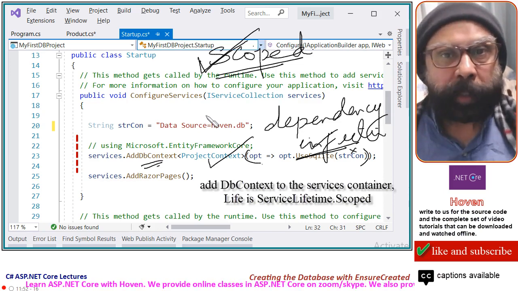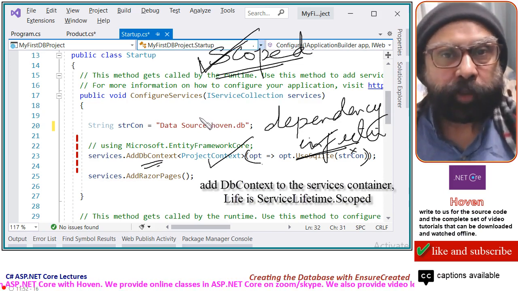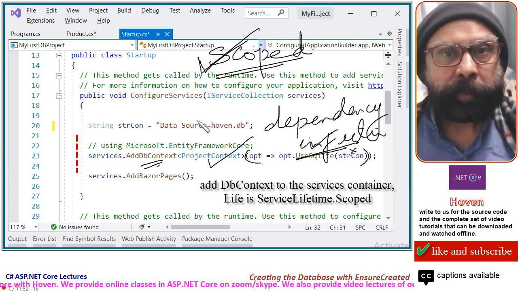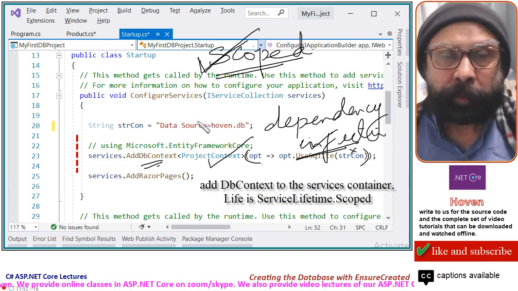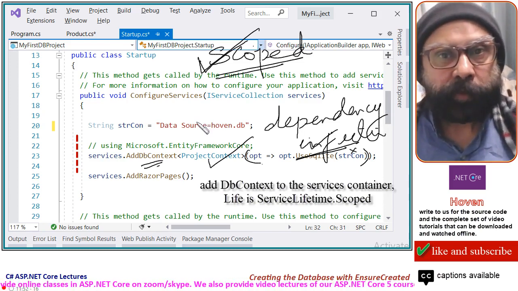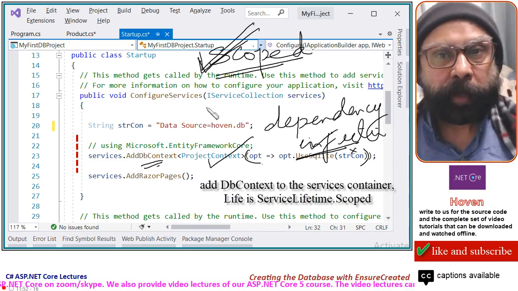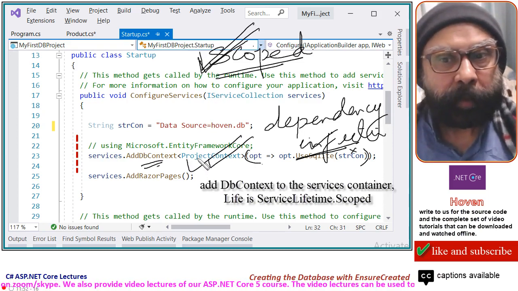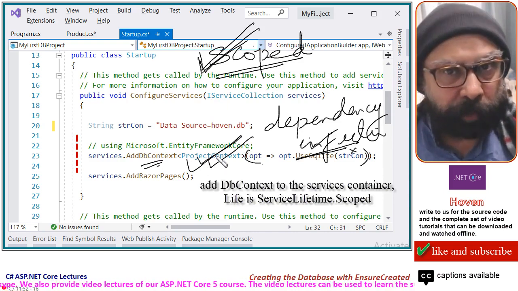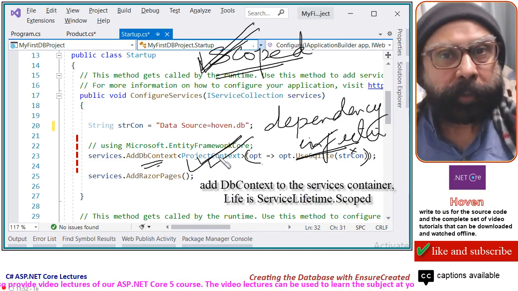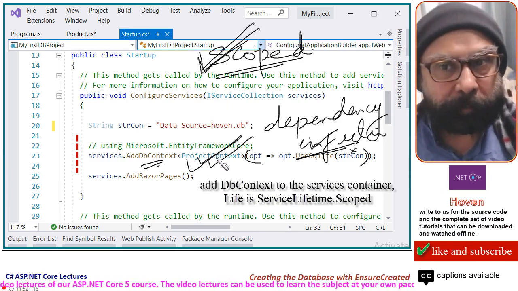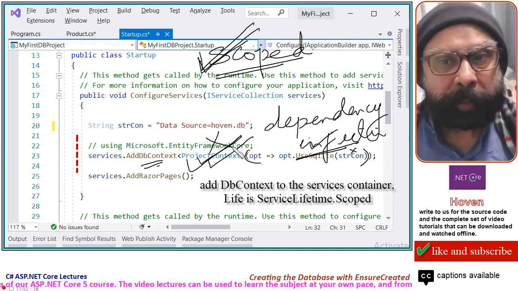A scope starts when a user requests your page and ends when the page is served. So when your user has requested your page, a scope will start, and then you ask for this connection. This context will be created for you. When the page is served back, this connection will be automatically closed for you.